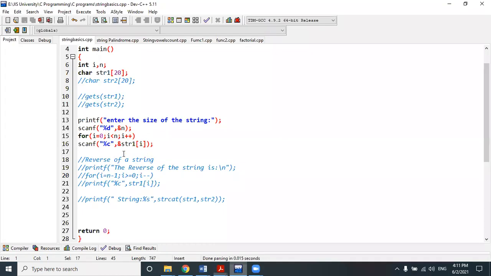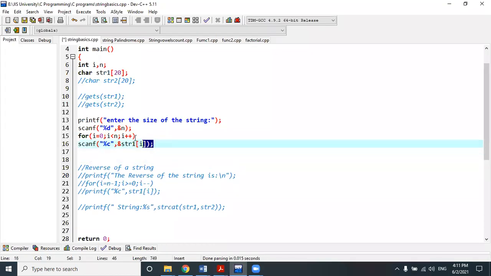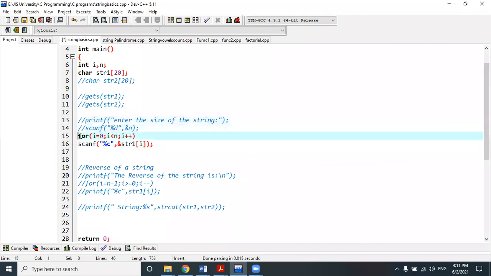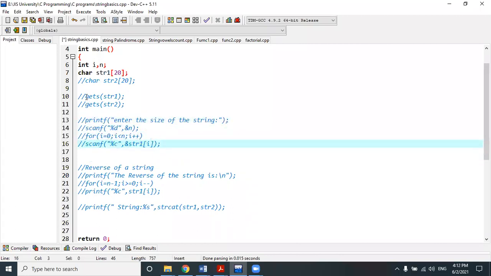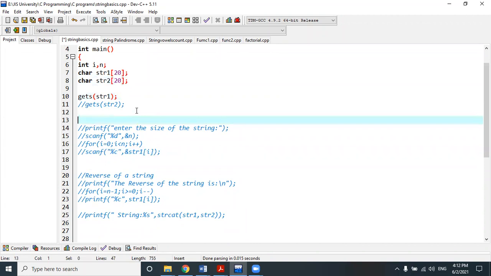Let's use it. Suppose I have taken the string in such a way. Okay, let's just forget about the character array. I would like to take the string by using string functions. Okay, gets str. Very good. Now I want to calculate the length of a string. Printf the length of the given string is.